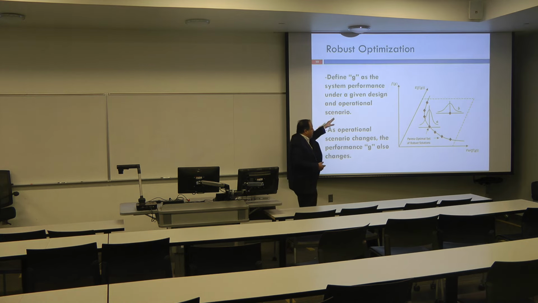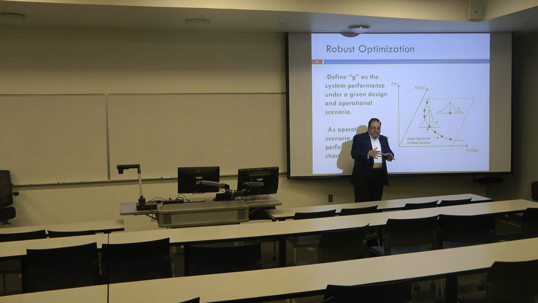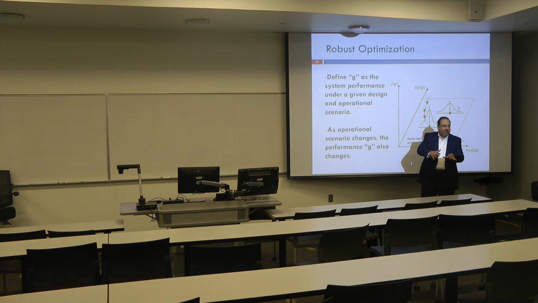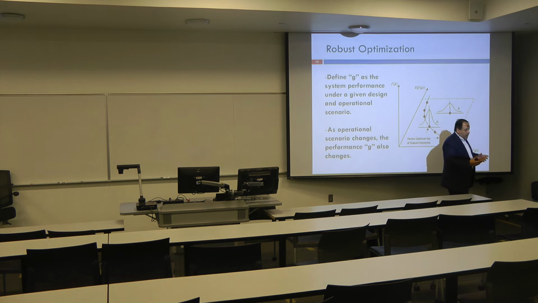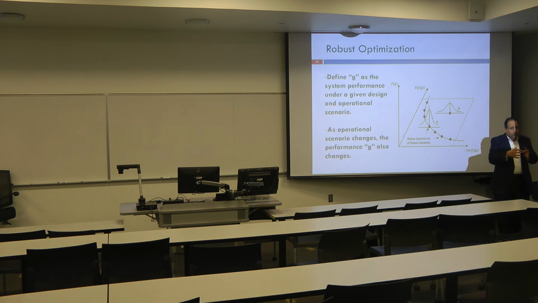So this performance, you will see it if you are implementing a certain scheme, and you have a certain operation scenario that happens, right? So if you have a certain operation scenario, maybe this traffic volume is what we see right now, and they have a certain timing plan, this combination together will give you J. Everybody understand what J is now? So it's a combination. This is the performance of the system, performance of the network, when you have a certain design with a certain input data set, right?